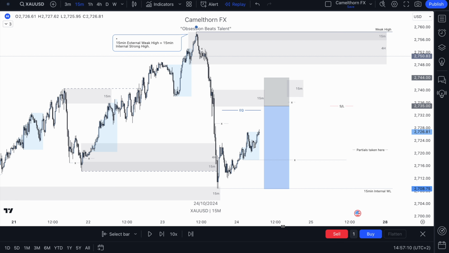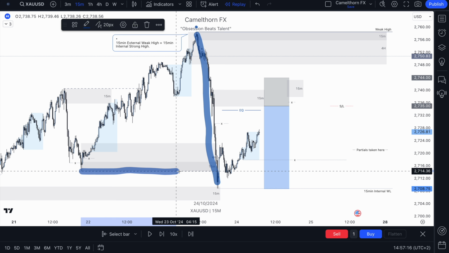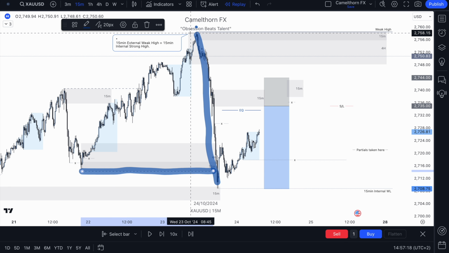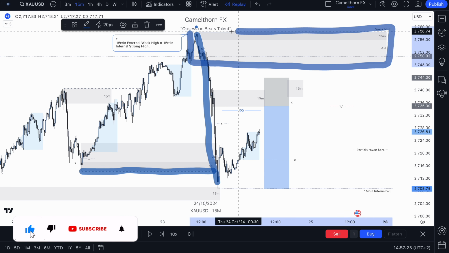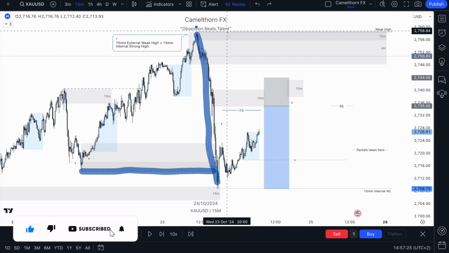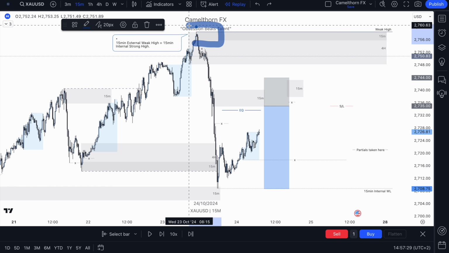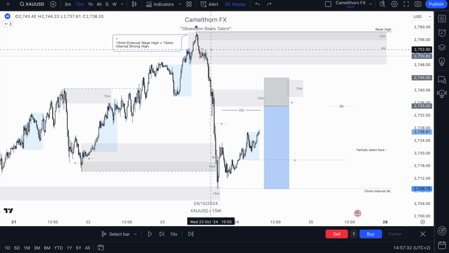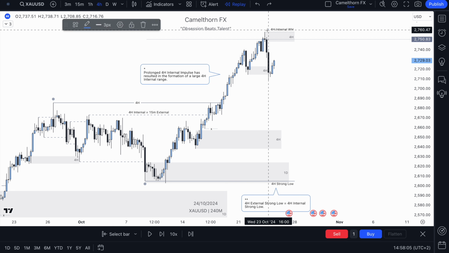And if we specifically pay attention to the bearish impulse to the downside, which generated that 15-minute internal shift, we can see that right at the origin point of that impulse, we have this 4-hour supply zone. And within that 4-hour supply zone, we have a refined 15-minute supply, which sits right at the extreme. Hopping back to the 4-hour time frame, you can see that that 4-hour supply is effectively the single bearish 4-hour